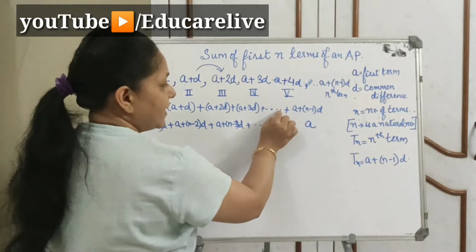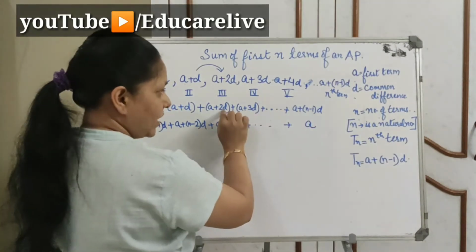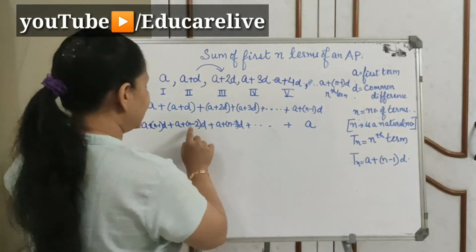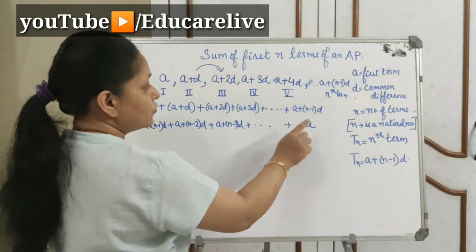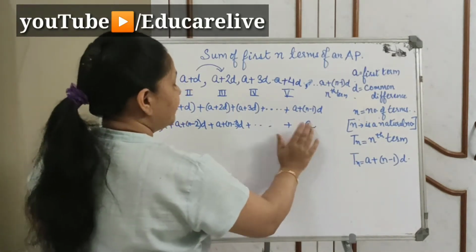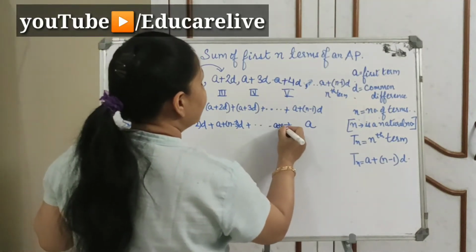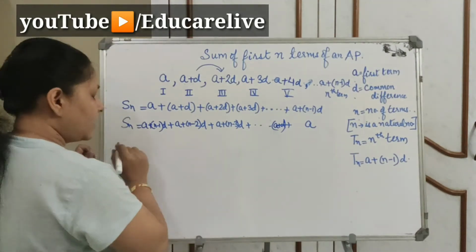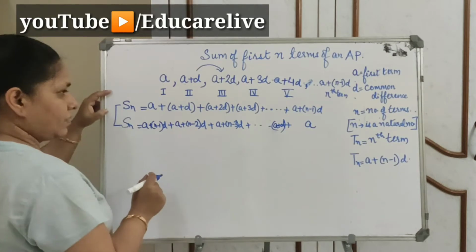Okay, तो इससे पहले वाला टर्म क्या होना चाहिए था, इससे एक कम होना चाहिए. जैसे 3 से पहले 2 आया ना, 2 से पहले 1 आया, तो उसी तरह से n minus 1 से पहला वाला टर्म कौन सा आया, n minus 2. उससे पहला n minus 3 and so on. And the first term was A. Okay, और इससे पहले वाला टर्म लिखना है तो क्या था, A plus D. So this is how we write it. And now what we are going to do is we are going to add them both.